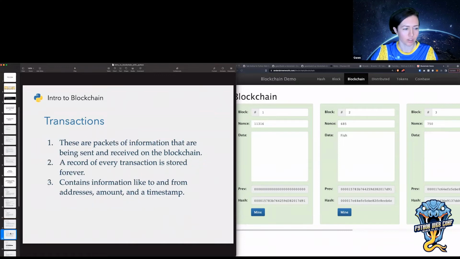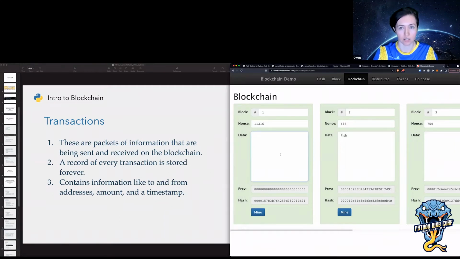So one more important concept is transactions. Transactions are basically packets of information that are sent from one address to another. At a basic level, they'll look something like this. You have a to address, which will start with 0x and then some kind of string. In Ethereum, it's 42 characters. Different blockchains have different lengths.